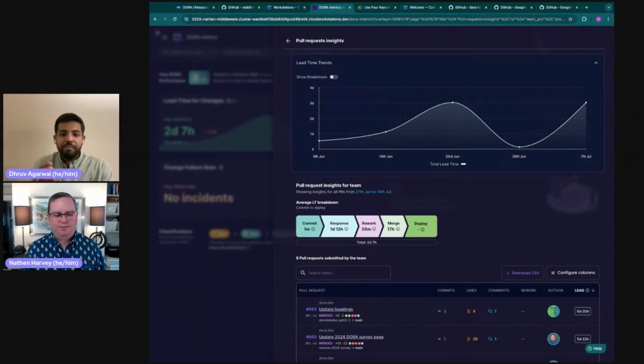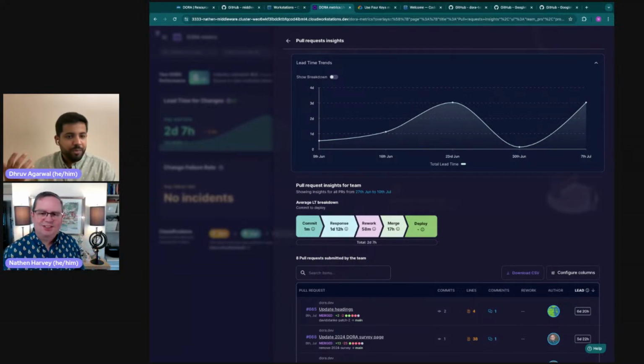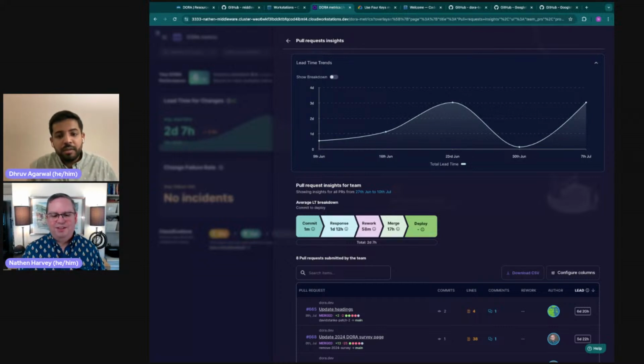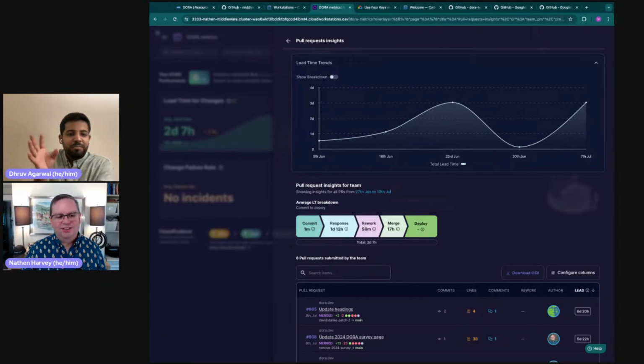Now, typically this time is a wait time, because you have made your changes, you are up for a review, and now you're just waiting for someone to give you feedback. So this is what we call time spent in waiting. Then the next stage is rework time, from when you have gotten a response from someone till you get an approval. We typically wait for the first approval, because that's a green signal. A key thing to note here is that in this case your rework is very little, because someone would just give a small nitpick and a little change and it's done.